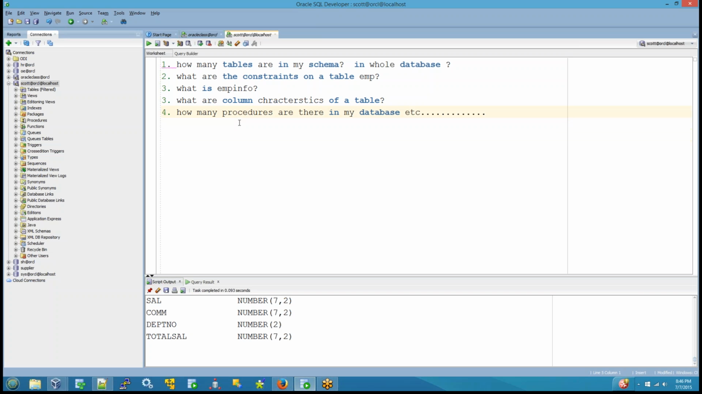So we have so many questions, like about procedures. What are the parameters in my procedure? What are the parameters in my function? How do you know what the parameters are? How many sequences are there? What synonyms are there? What tables are there? What are the characteristics? I need to identify procedures which are